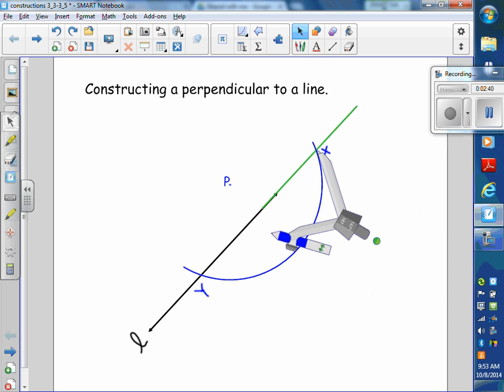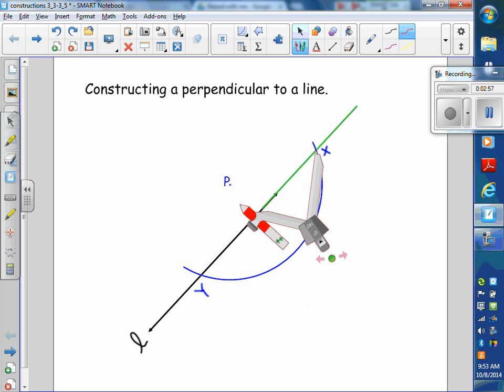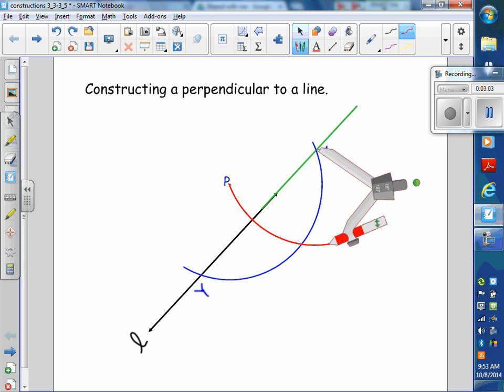So what I'm going to do is use the new intersection points and swing another arc that's actually going to go through my point P, which I already know, but it's going to give me new intersection points